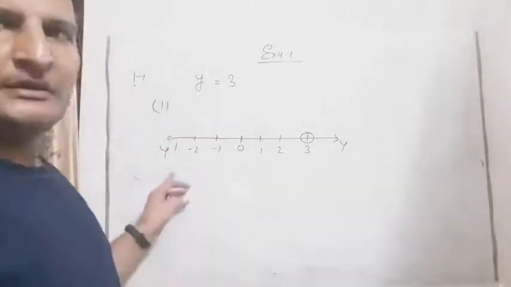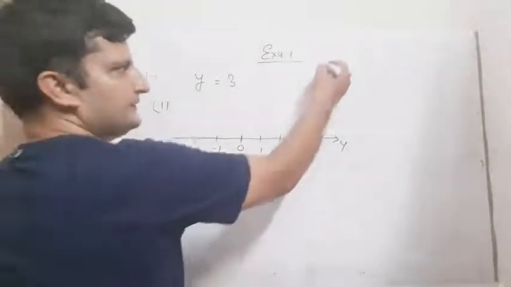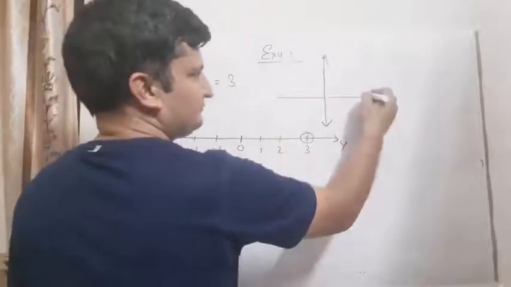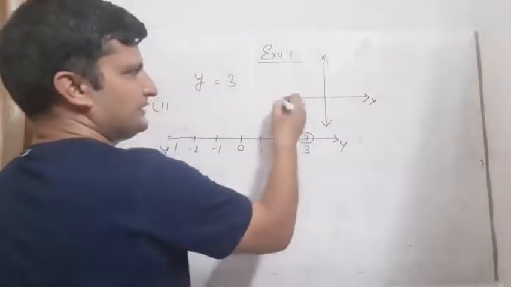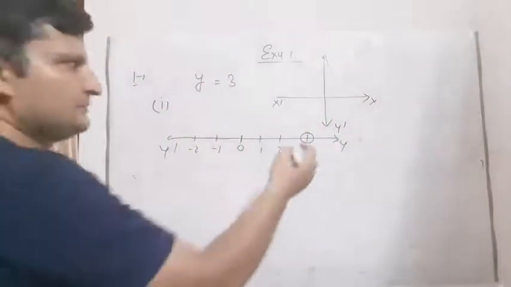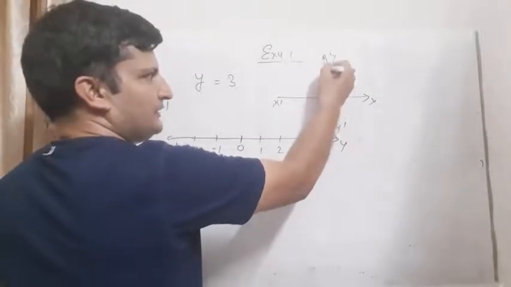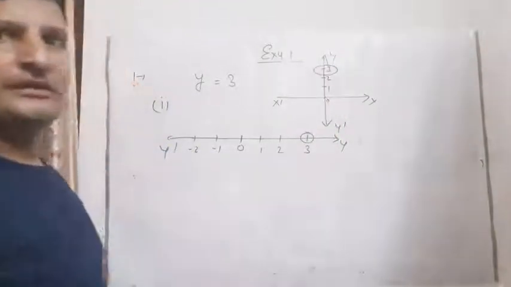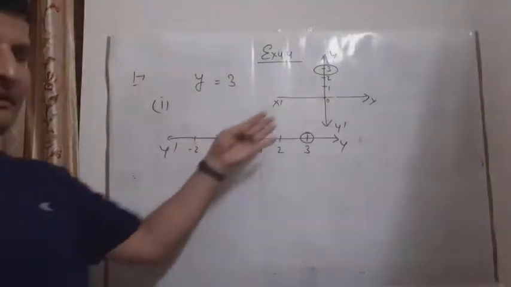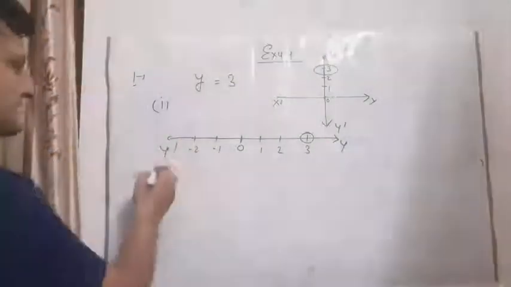We have arranged the y axis in horizontal form. Either you can solve it like this, this is also a correct method. You can do it like this if you have any problem. This is x, x dash, y, y dash. You can show it like this also: 0, 1, 2, 3. This is y is equal to 3. Both the answers are correct. You can solve it like this or like this, this depends on you. Now the second part is